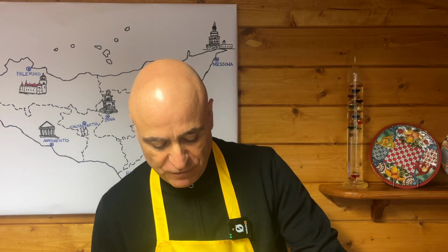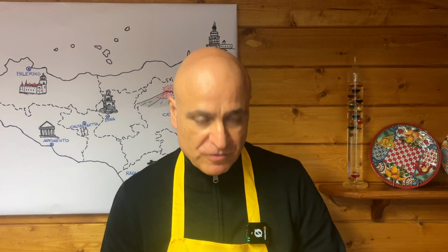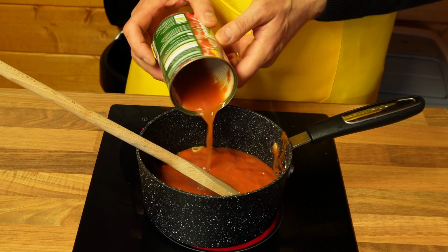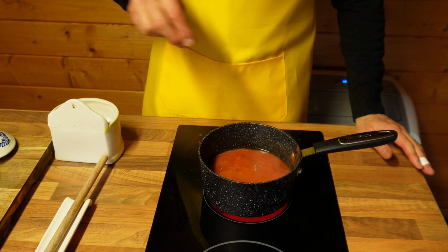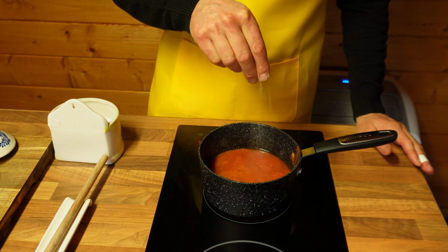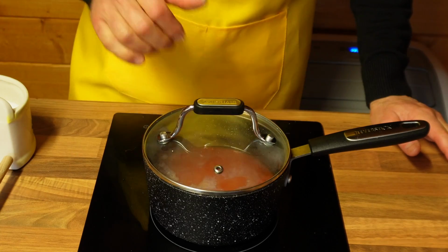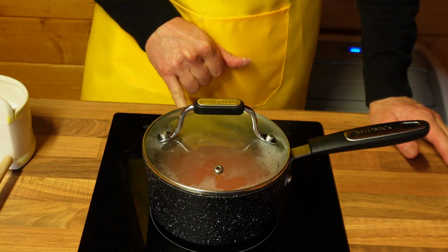I think I said this before, if you can use Italian cherry tomatoes for these recipes, it's much better. It is worthwhile spending a few extra pennies because it makes such a difference. I've added a little water in the tin to just rinse it. Once the sauce reaches the boil, add a little salt and place the lid on, turn the temperature down onto a simmering position and let it simmer for approximately 15